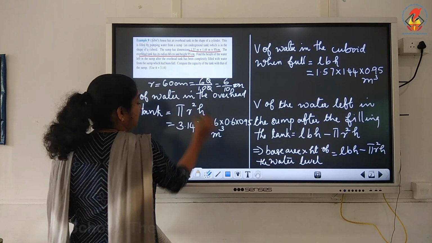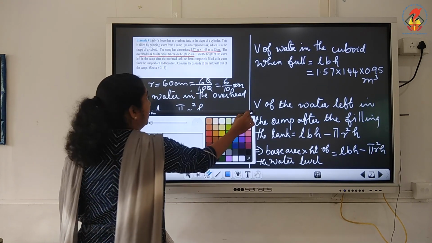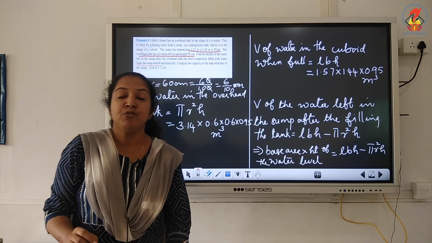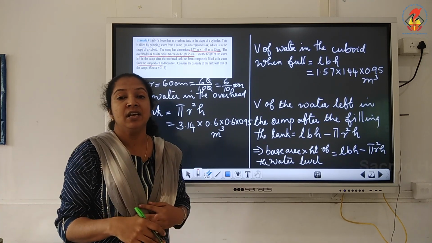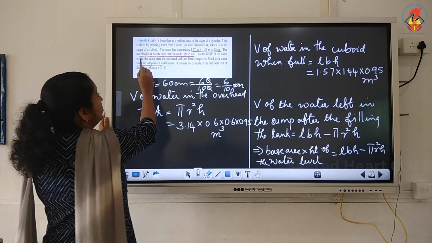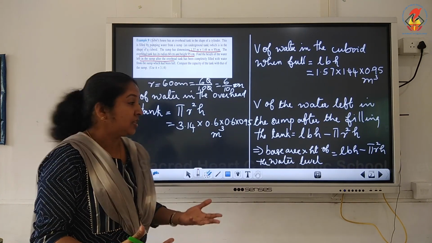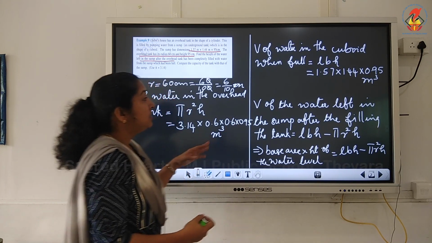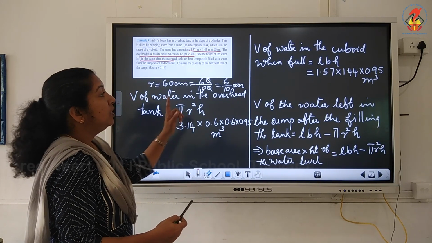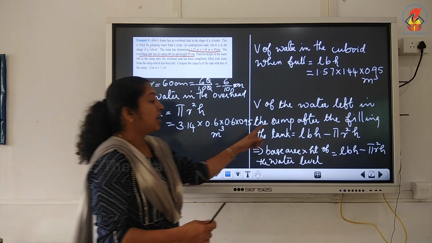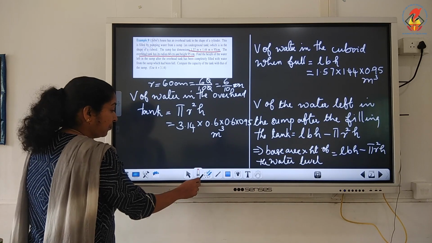left in the sump after the overhead tank has been completely filled with water from the sump. So you have to find out the height of the water level left in the sump. So what we need is how much water is remaining in the sump. That means the water remaining in the sump is equal to the volume of the cuboid minus the volume of the cylinder, that means LBH minus pi r square h,